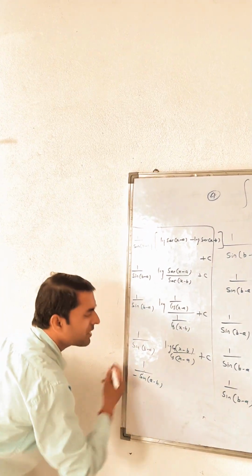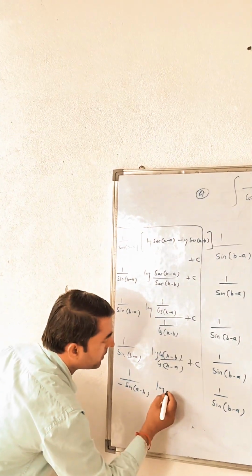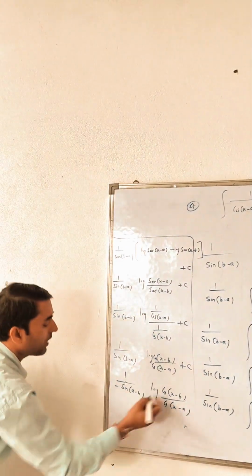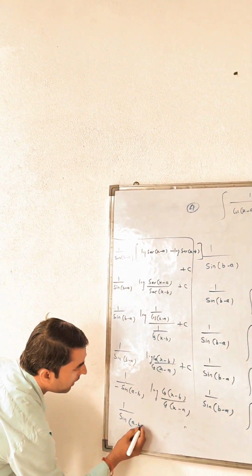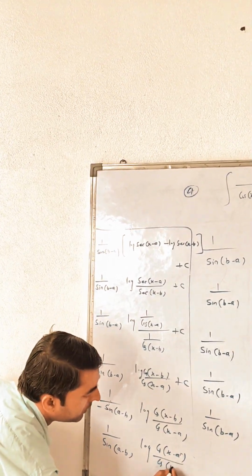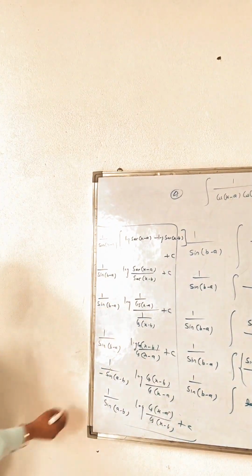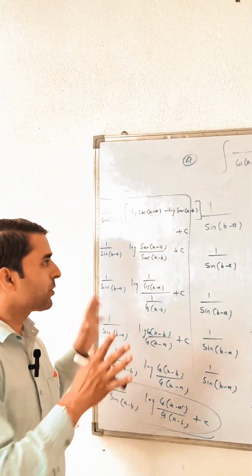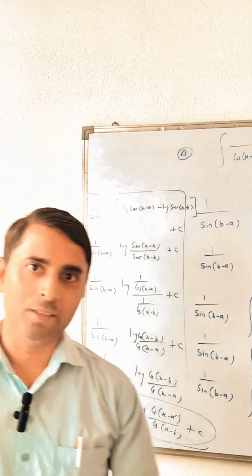Now some students are saying, sir, here b minus a is not given, a minus b is given. Okay, you take minus common here, and you can write this as sin(a minus b), with the minus entering in this, so it changes once. Again write cos(x minus b) and cos(x minus a), and use minus here with sin(a minus b). If you use minus, then cos(x minus a) goes in the numerator and cos(x minus b) in the denominator. That is the required result, and this result may be given. Okay, this is the required result. So all students, you clearly know about this solution. Thank you.